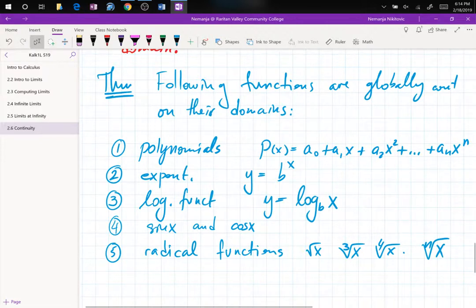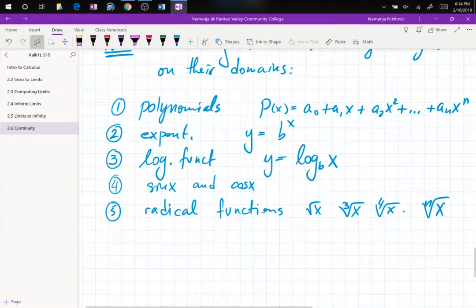There are hyperbolic functions coming up in Calc 2, so you will learn more things as you explore mathematics and your engineering. You will add. The list is never finite, right? The trick is that these are the ones that we are going to use in Calc 1 and Calc 2. This is the thing that you're learning now, so that you're not just passing Calc 1, but also Calc 2. And I'll show exactly where this fits. But before I do that,